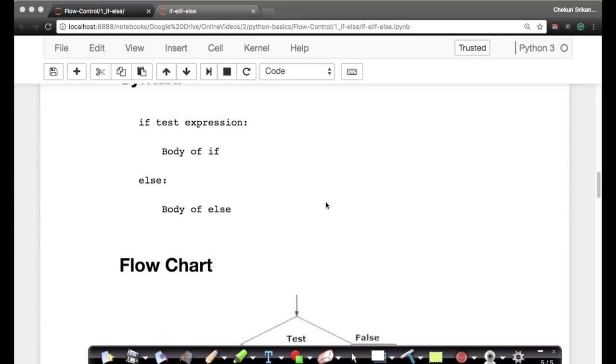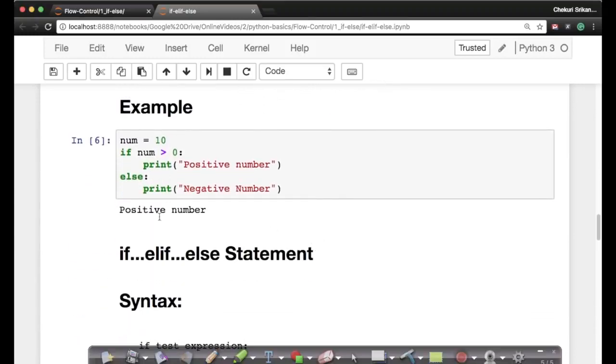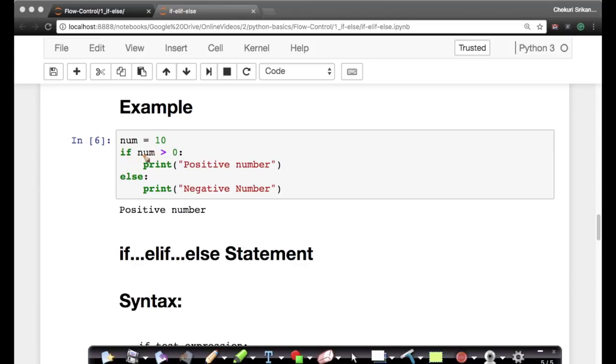The next type of statement, again, let's go through an example. There's a flow chart here and all that, but looking through examples is always better. So what happens in a statement like this? I'm assigning exactly 10 to num. If num is greater than 0, always remember there is a colon here, unlike in other programming languages. People who come from C, C++ do not use this.